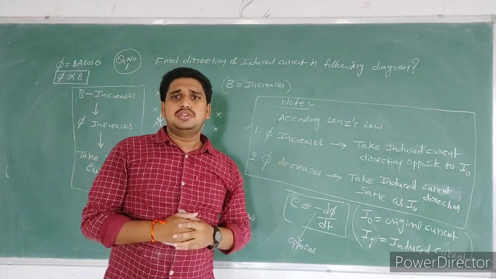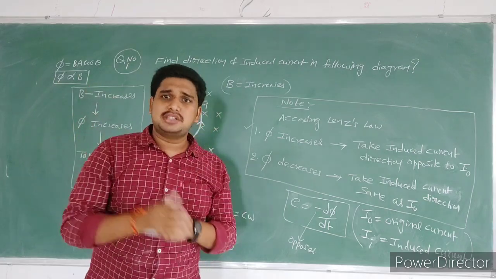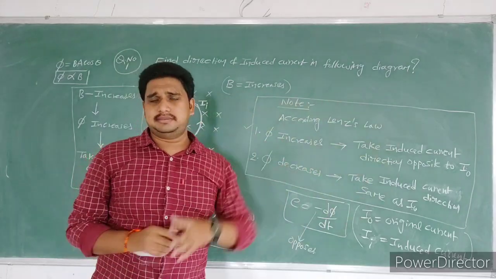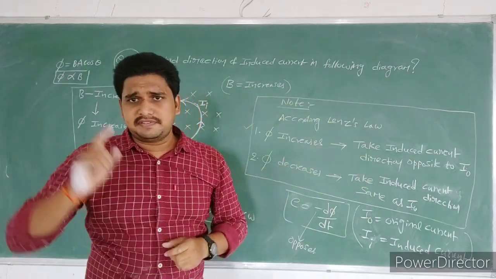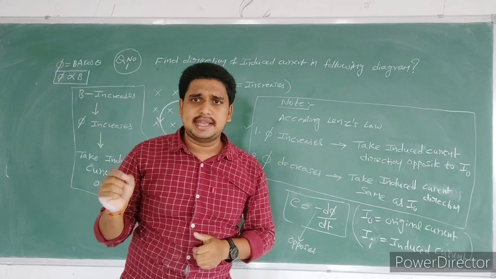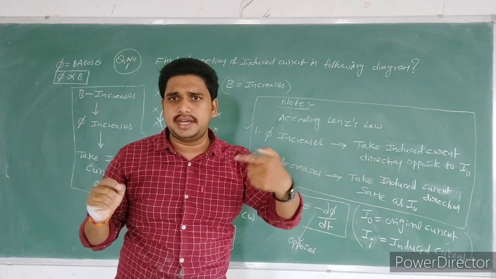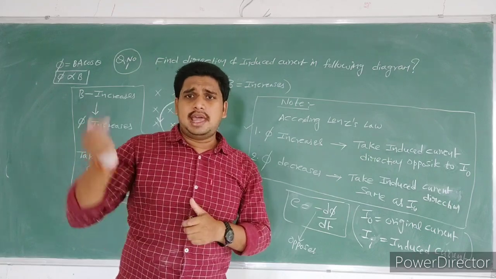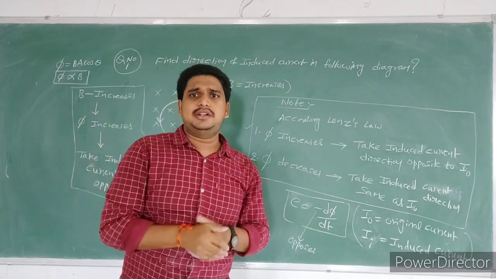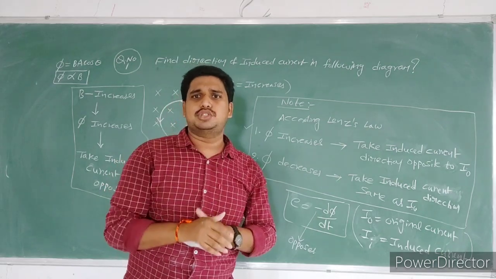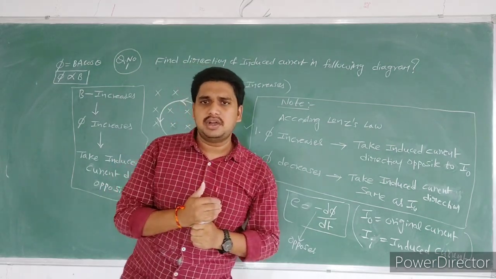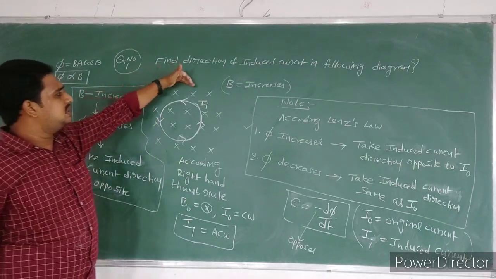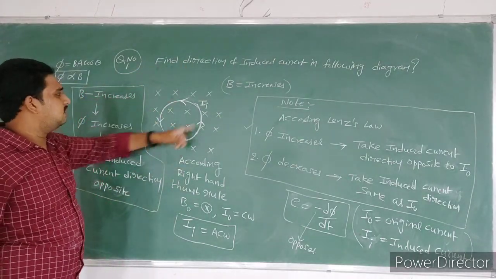Okay. So if it is already decreasing, it continues its direction, acting in the same direction only. Keep it in mind. If flux increases, the induced electric current acts in the opposite direction, to decrease the flux. If flux decreases, the electric current acts in the same direction, to continue the decrease. Okay, so now observe carefully. They have given one question here. The magnetic field is into the face. Let us consider one coil.